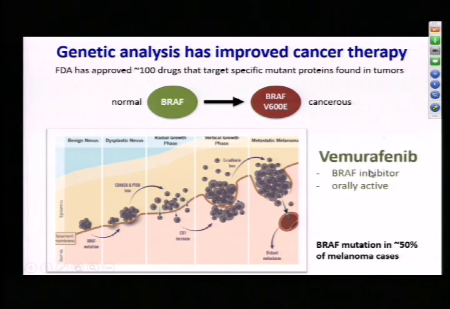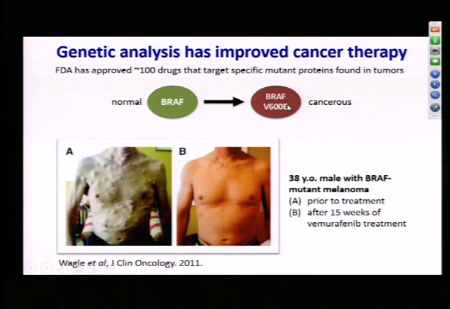A drug company nicely made a drug called vemurafenib, which inhibits specifically the mutant form of BRAF, and does not inhibit the wild type. That's important because this is an important protein in many of our cells, and inhibiting its activity systemically would probably be quite toxic. This drug specifically targets the mutant form. It's an orally active inhibitor of this mutant form of BRAF, and in an early clinical trial had rather remarkable,